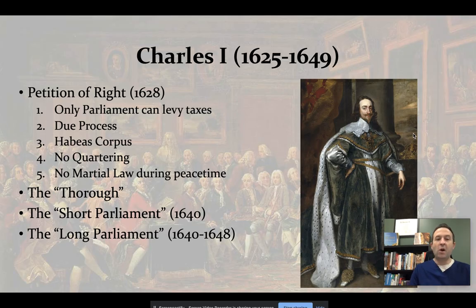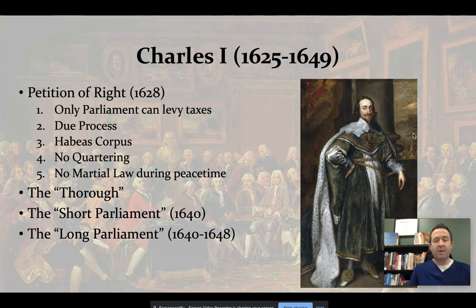So by 1628, Parliament attempted to encourage the king to allow basic legal rights. So Parliament says, okay, king, we know you need money because you want money to fight wars, you want money to fill your coffers. So how about this? We will give you extra tax money. We will grant tax increases if you will grant basic legal rights in exchange. So they're going to make a deal with the king here. It's known as the Petition of Right. And so they outline this Petition of Right in 1628.